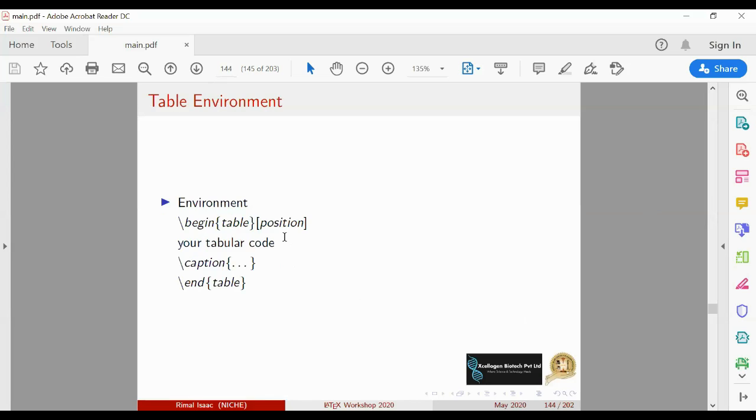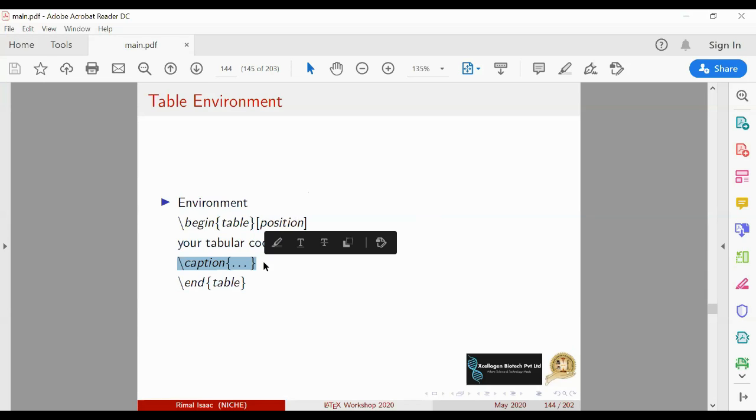So next is your table environment. In this table environment, you will begin your code with \begin{table}, and in the brackets you put the position. You put h, meaning here, inside this part, and you put your table or code, and below this you put your \caption.